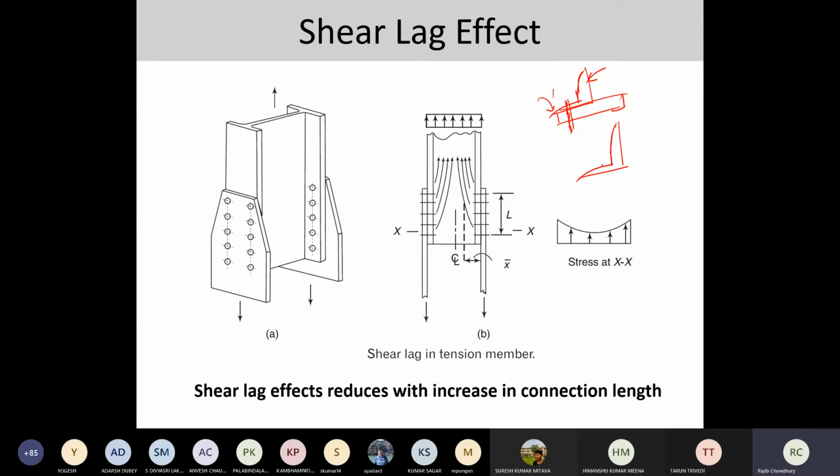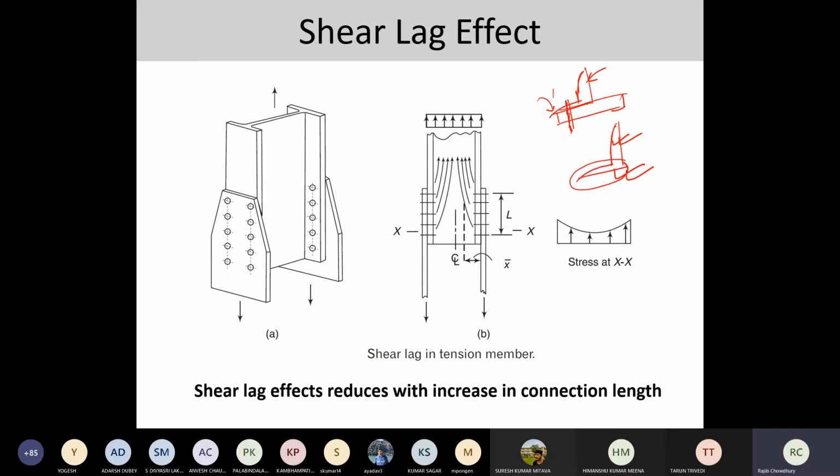So what would happen? The amount of stress, or the shear flow, available at this connected portion, and the amount of shear flow available over there, if there is a lag or a